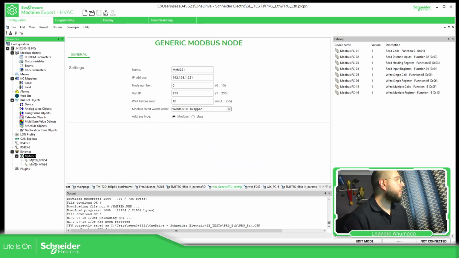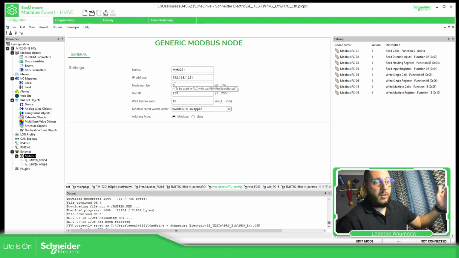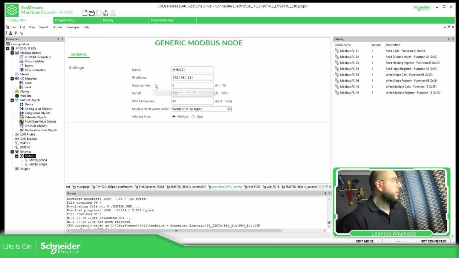As soon as you create your device, it will give you this node number. This node number is the one that we can use in order to troubleshoot and identify if there is an issue. The node number by default is going to be 0, and then if you add another one, it will change. You can have up to 16 devices connected, and then you need to change the node number over there. So you need to connect using the node number. I'm going to use the node number 0. And if you put the mouse over there,